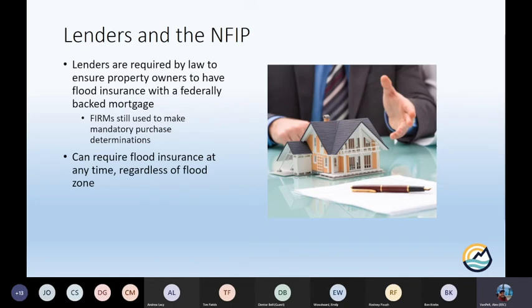And in fact, one of the things FEMA had in mind when they rolled out Risk Rating 2.0 was making it in such a way that lenders can say, oh, there is still some residual flood risk. We want you to carry insurance, because now they can work with an agent and get that information during closing. So Ben, you were asking earlier, maybe this is why lenders are all of a sudden asking for elevation certificates to make sure they're getting the right rates, or using it to determine flood risk for their mandatory purchase. That could be the answer. I don't know, but it's not outside of the realm of possibility.